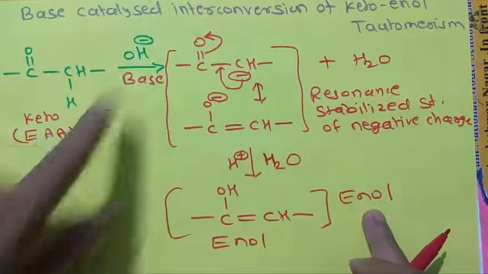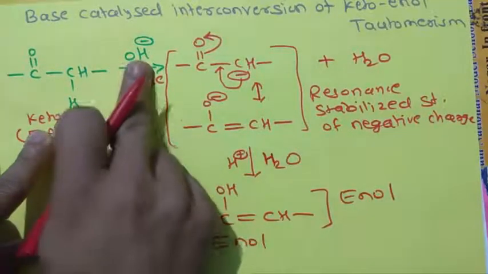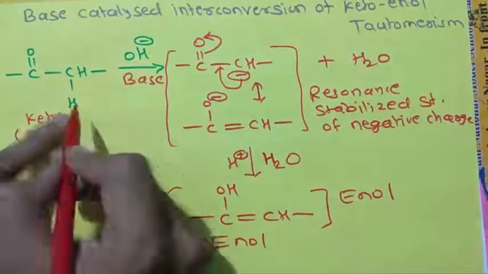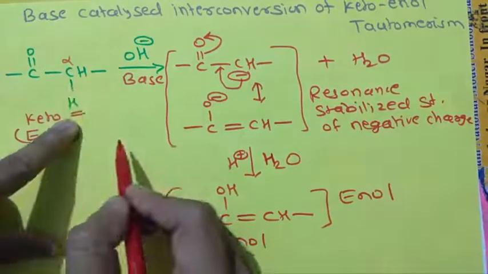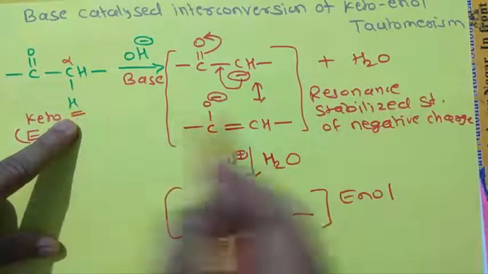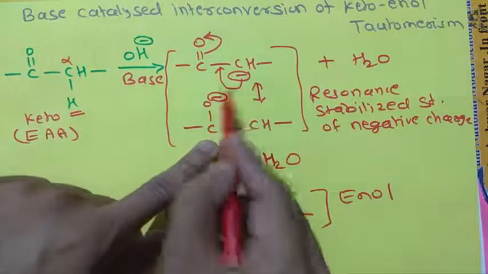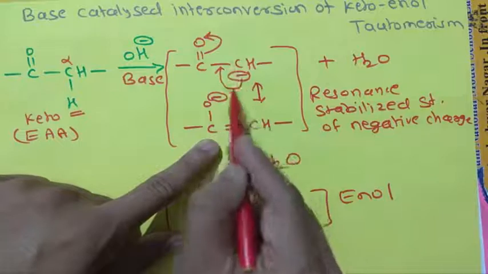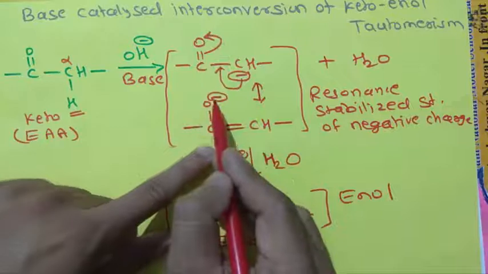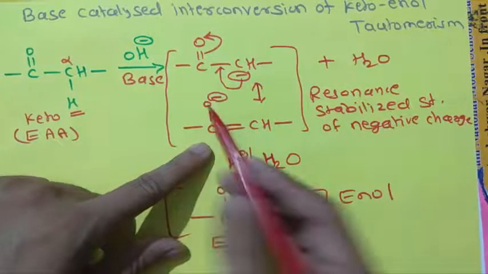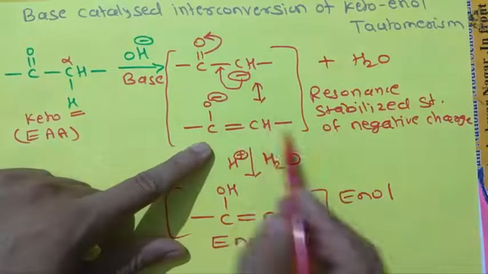This is the interconversion of keto to enol by using the base. The base abstracts this proton. Which proton? The proton present at the alpha carbon atom. Abstracting this proton forms a negative charge, which can be stabilized by resonance. Such resonance phenomena can take place. This negative charge goes in between the carbon-carbon, and the bond between carbon and oxygen breaks. There is a formation of the O minus ion, the negative charge. Simply it is called alkoxide ion or negative charge ion.